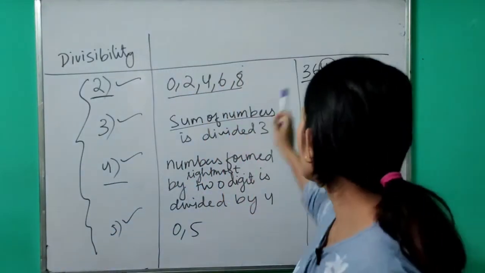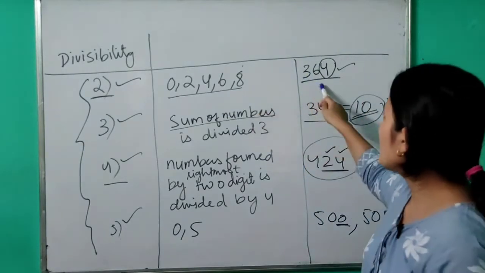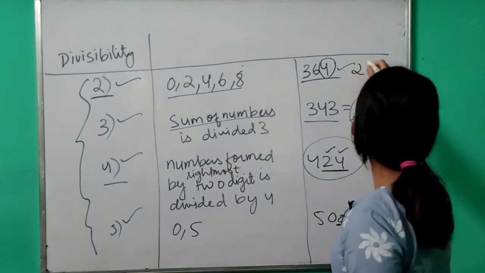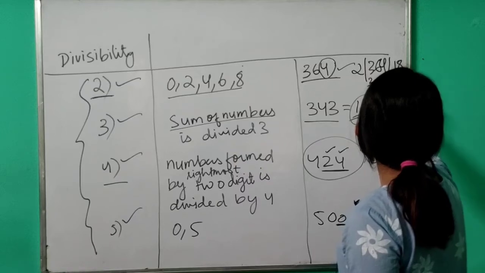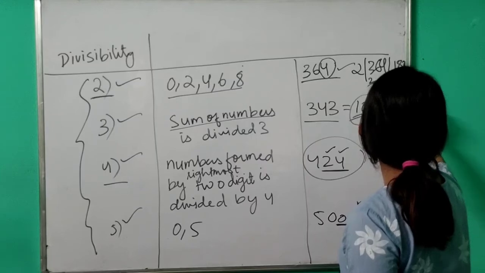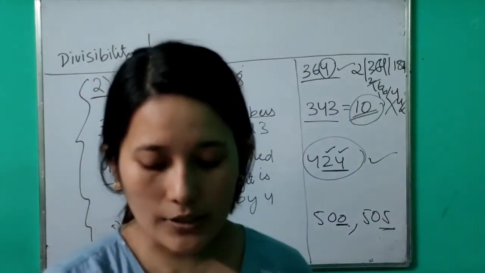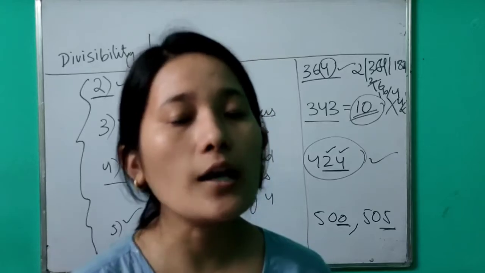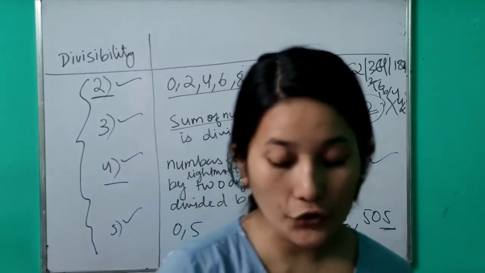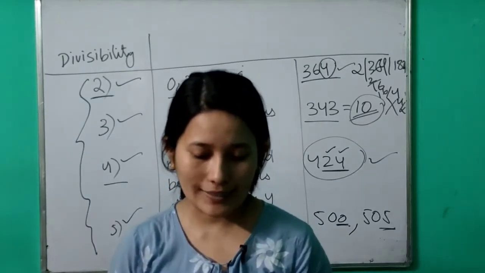Okay, for example, I gave you this example. First you check whether 2 completely divides it or not. You can simply divide it, right? 364. 2 ones are 2. So 6. 2 eights are 16. So you have 4. 2 twos are 4. So you see it is completely divided. So you can check it also. But these tricks are completely true, so you can mug them up also, so that it becomes easier for you later on to find whether it is divisible if it is a greater digit number.